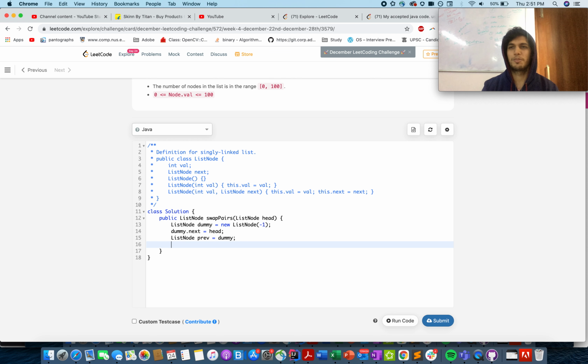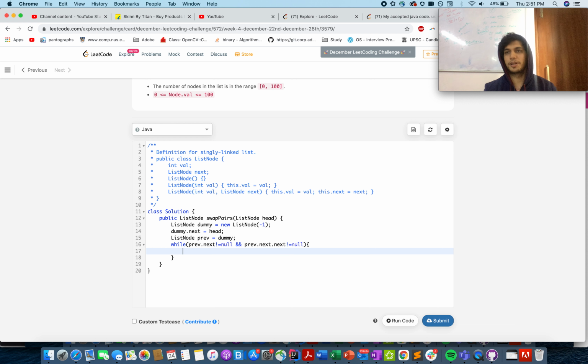The logic will be something like this: while previous.next is not equal to null, and previous.next.next is not equal to null, it's a safety condition so that we don't operate on null pointers. And what am I going to do? I'll store 4 pointers.